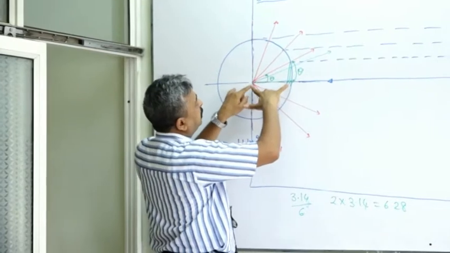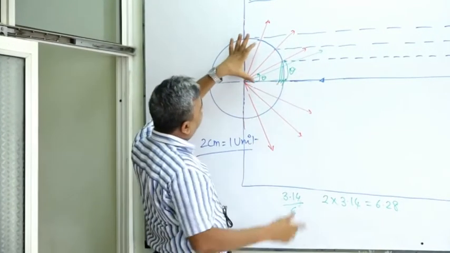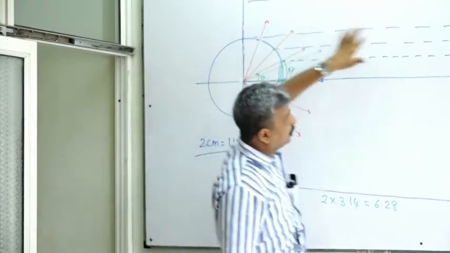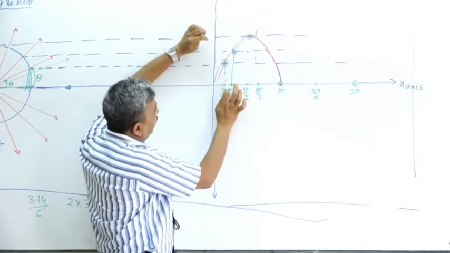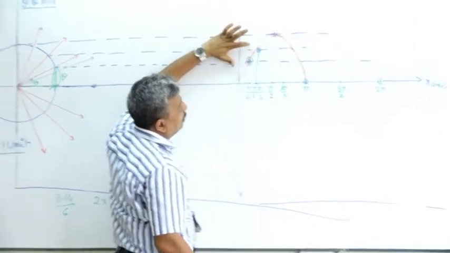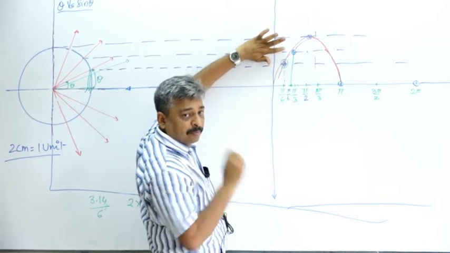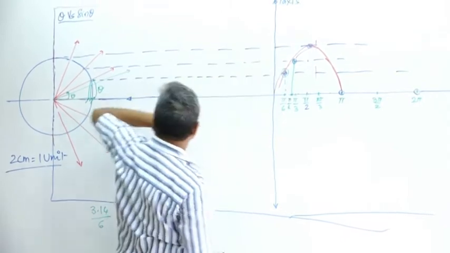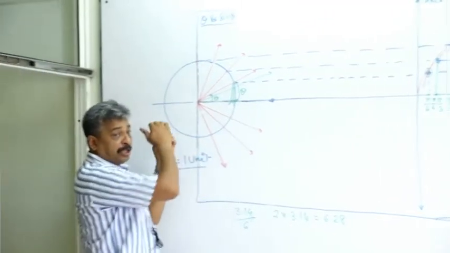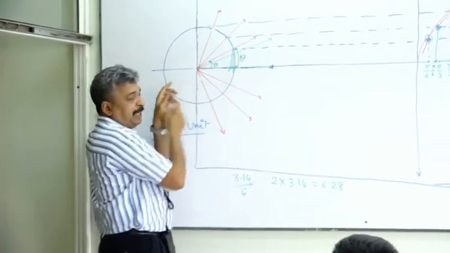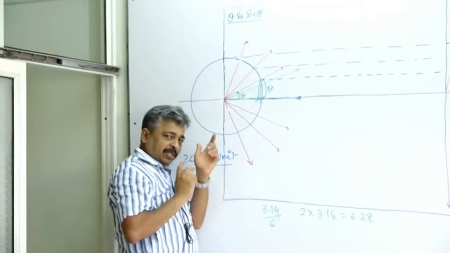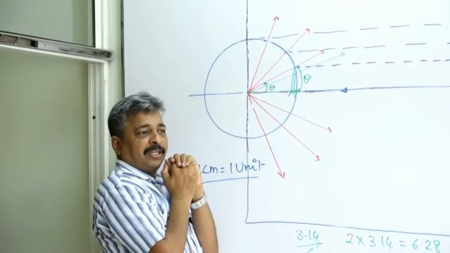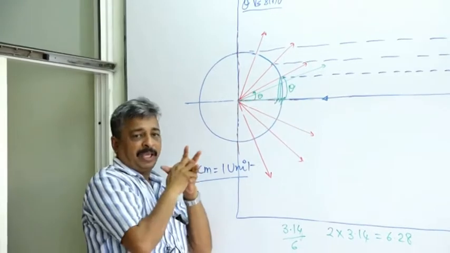I mean, this distance. So actually this distance was available here at 60. If you follow that 60-degree line but plot a point for pi by 6, it will be somewhere here. So that distance is available somewhere, but the ray to be followed is a little different. Sin 30 is cos of 90 minus 30, right? So cos 60 value will be sin 30.